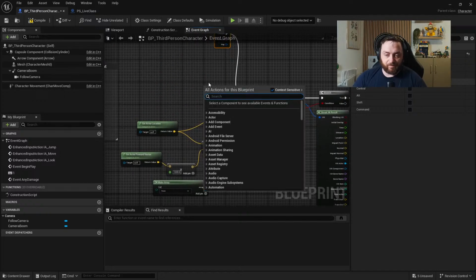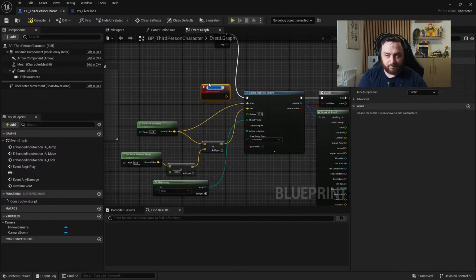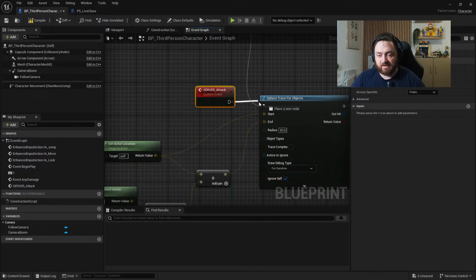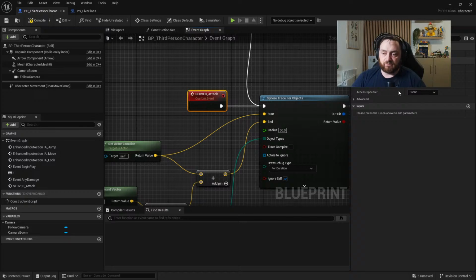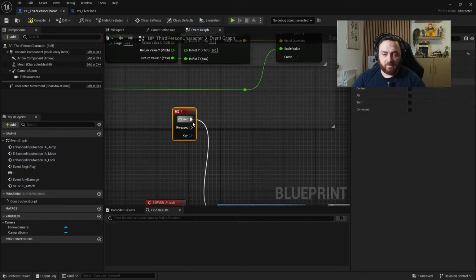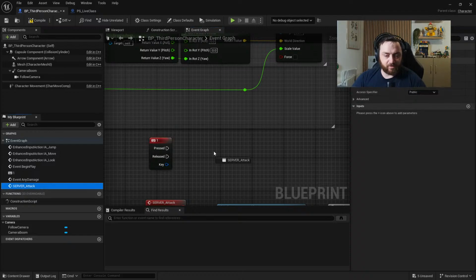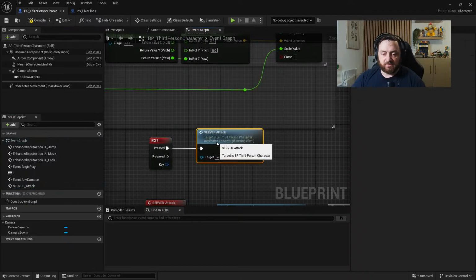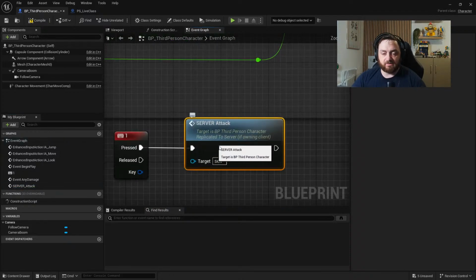So we'll make a custom event, and this one we'll call server_attack and plug that in. And you want to replicate this over on the right here to run on server. Then when you push the 1 key, we're going to call server attack. Now, one thing importantly to note about these replicated events is this server attack can only be called